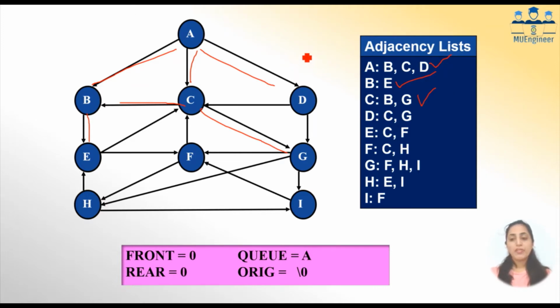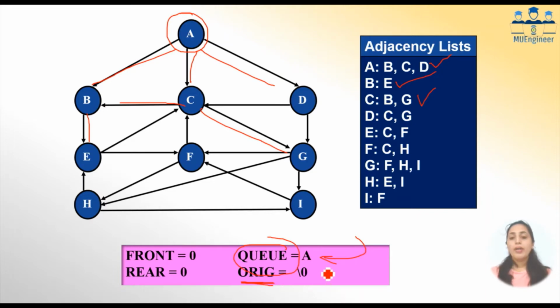Whenever I am using the BFS technique, I am making use of a queue. So initially my queue is empty. I have to first start with some node as a root node. As I told, I will start with the first node, A. So I will enqueue A in my queue. Whenever A is inserted in the queue, we will maintain one more queue along with our actual queue, that is origin. Okay, so from where A is coming? Though it is a root node, the initial node from which we are starting, I will give the origin of A as null.